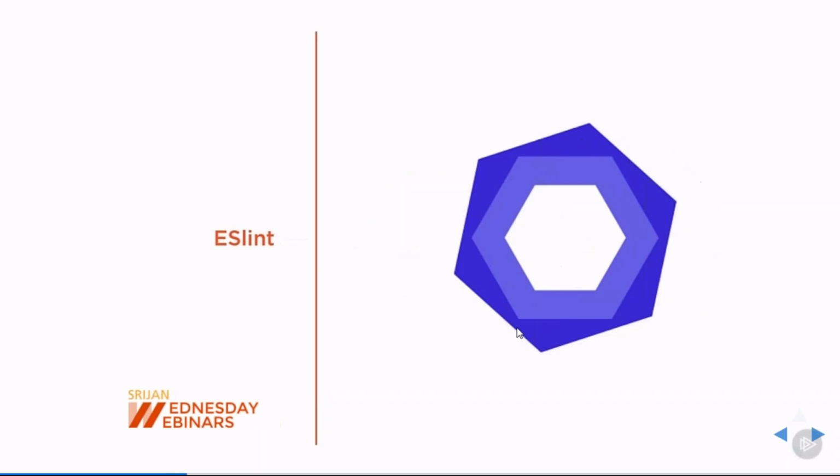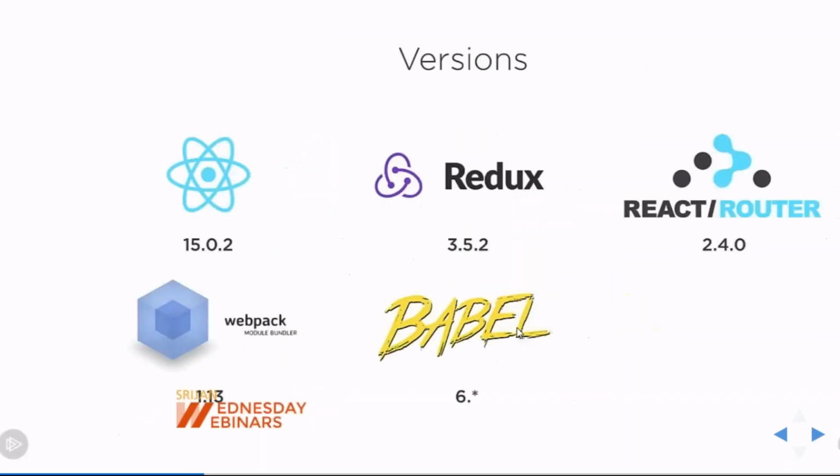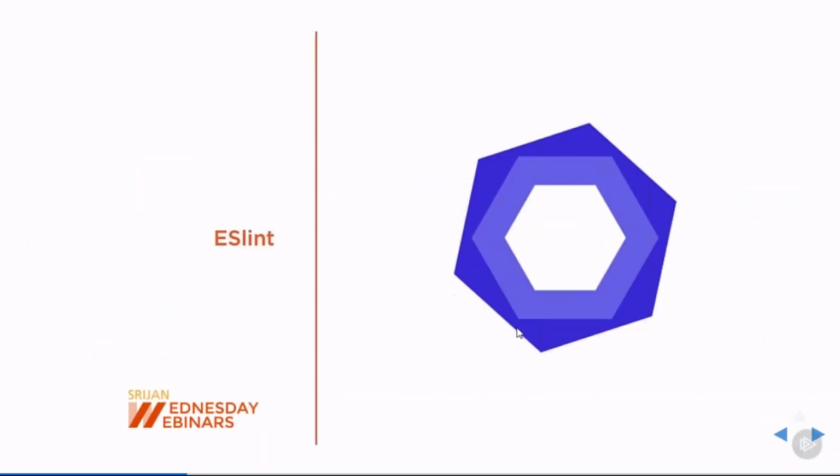And just a setup. Then we have ESLint, because in production applications you have different developers using different editors, so you need to provide some common mechanism to write the code. You will have some ESLint configuration, which will be applied to all the code which different developers are writing. So you can have one common standard of code style across different developers. We will see how we will be enabling ESLint in our application.